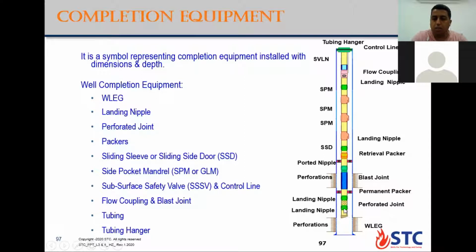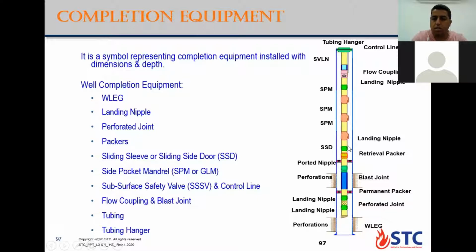After that, there are, in green here, two landing nipples. Between them is one perforated joint. Then this one is the permanent packer, set above the top perforation, and there is a blast joint here, and there is the retrievable packer, sliding side door